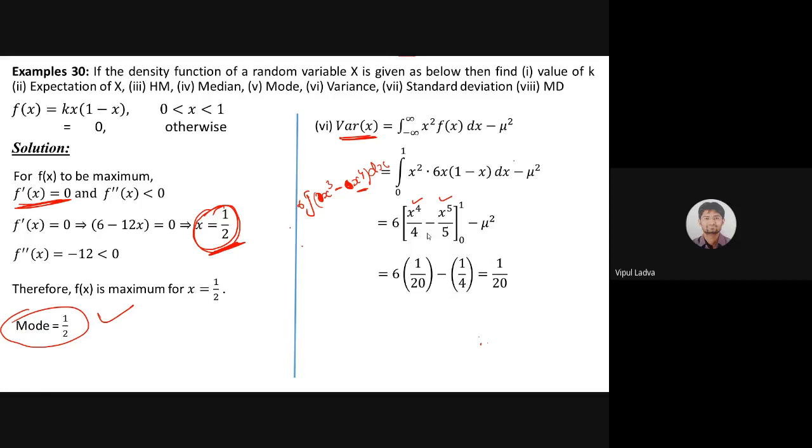So variance मिल चुका है, mode मिल चुका है, median, mean, सब कुछ मिल चुका है. Next we need to try to get the standard deviation. Now what is the relation between standard deviation and variance? कोई बताएगा मुझे? Standard deviation और variance में कुछ relation है कि नहीं है? Are we having any specific relation between variance and standard deviation? Meghna? Sir, standard deviation is square of variance. Standard deviation is the square of variance, is it?